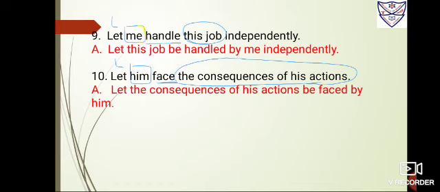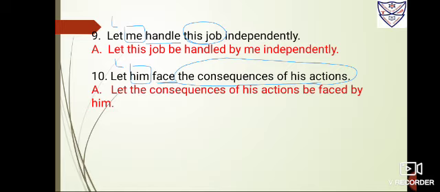So it is me is the subject, box it, handle is the verb, underline it, this job is the object, so you have to circle it. So it is let this job. Okay, with let bring the object ahead, then again B-E-B only, handle, handled, handled, third form, by, and me. Now children, you can see I have not transformed this me to I while transforming it back. Why? Because here I am using me as an object, correct? And this is already here used me only. But because it is used with let, so it shows the doer of the action. So it sounds, let this job be handled by me independently.